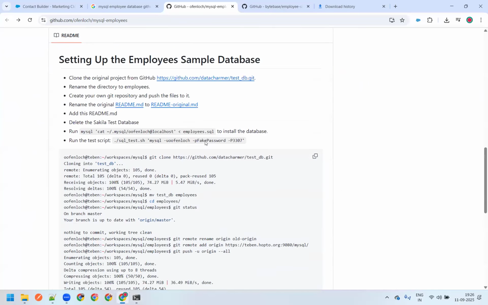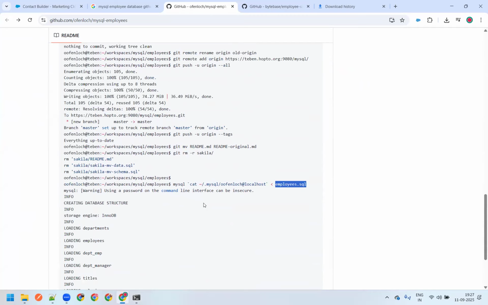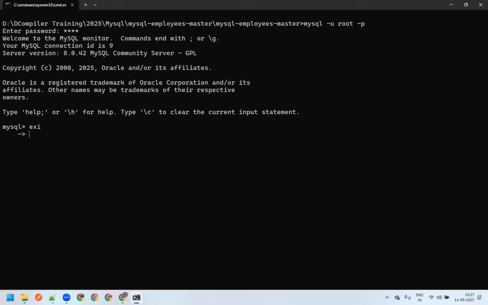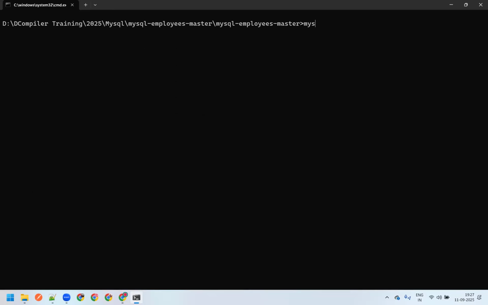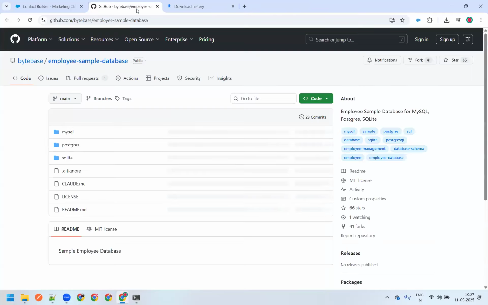There should be a command to install this. mysql -u root -p employees.sql. While this is happening, I would like to create